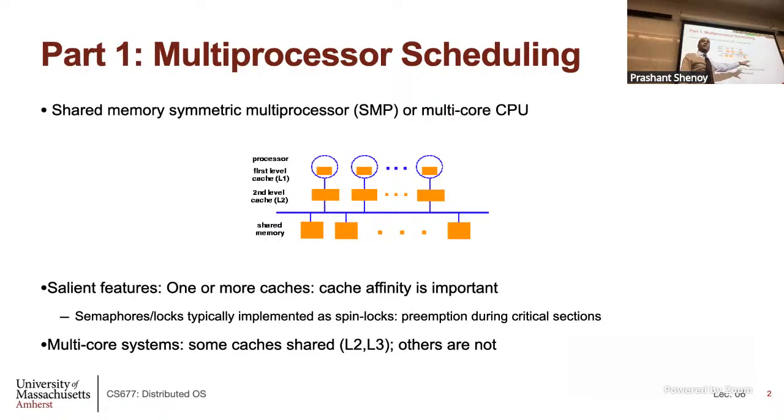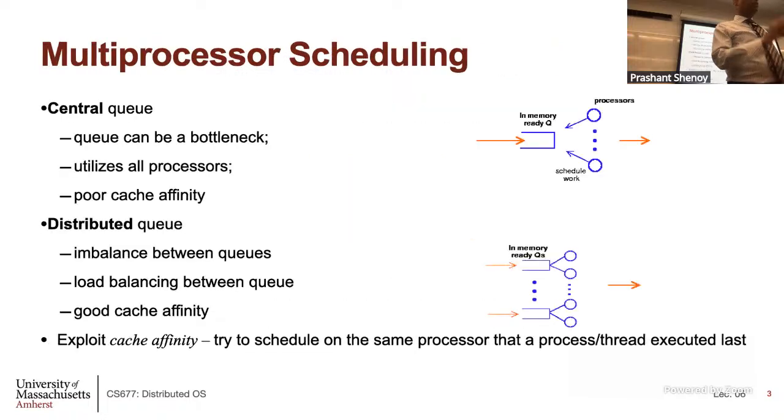Which is actually shared across all of those processors. Okay, and we'll see, some caches may also be shared. Here we have not showed any caches that are shared. They're all dedicated. Okay. Now, with that picture in mind, let's start thinking about scheduling processes or threads onto these